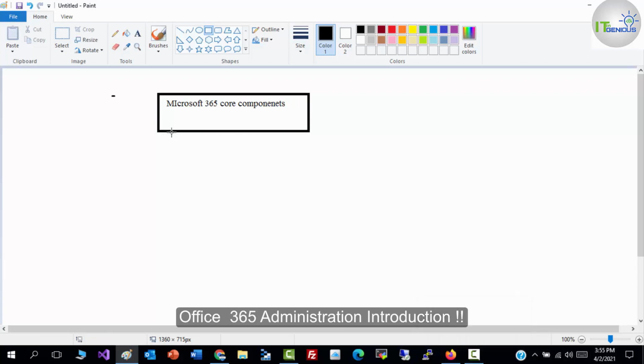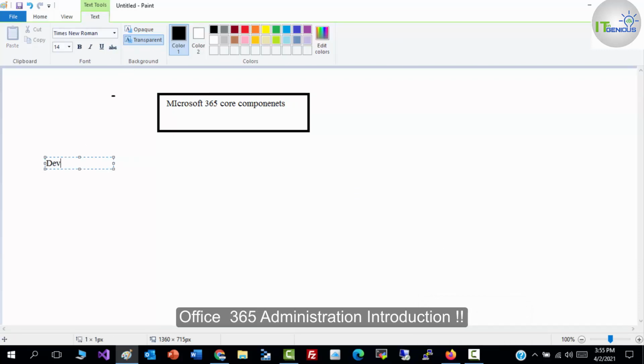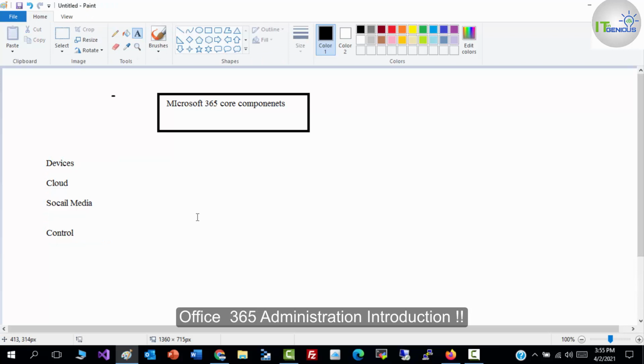The first component is devices, which we have already discussed. The second is cloud, a cloud-based service. The third is social media, and the fourth is control. These are the four core components of Office 365.